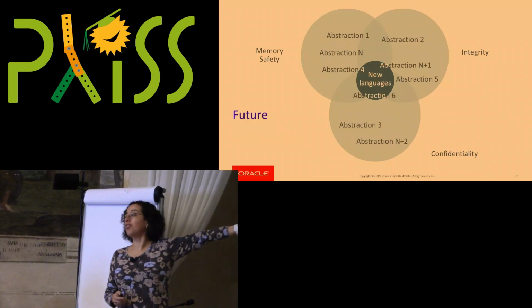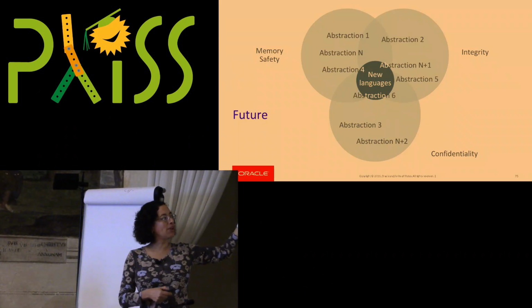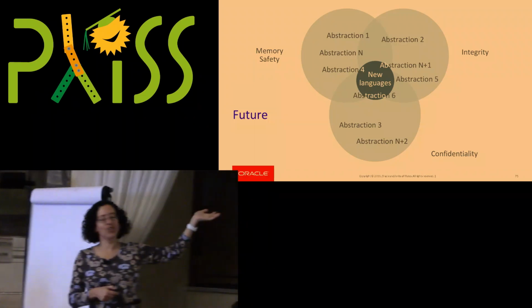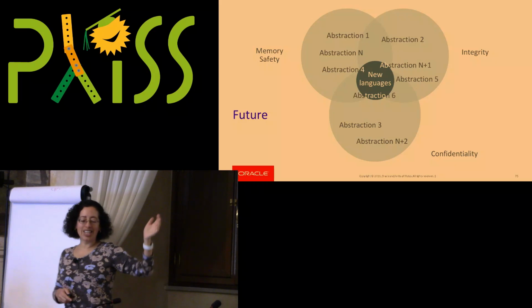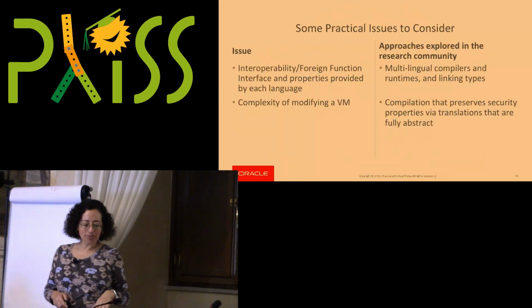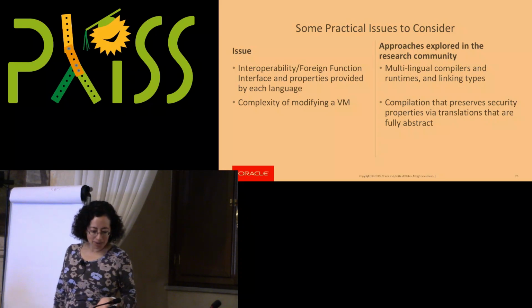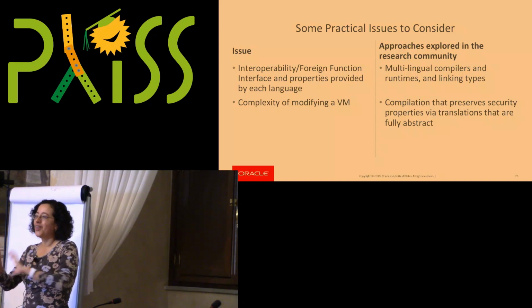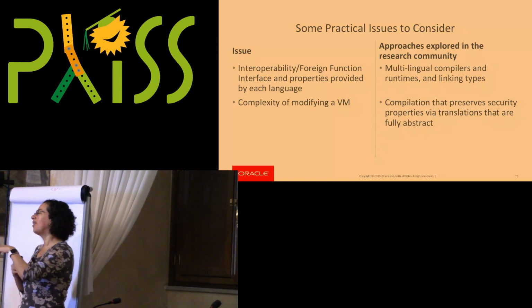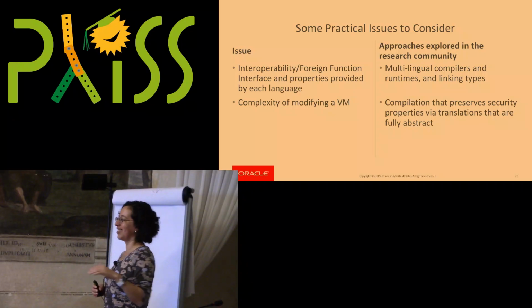Wouldn't it be great if in the future a lot of other types of abstractions were created, so that we could start thinking about what the real abstraction is that needs to exist to support our secure languages right here in the middle. And note that there are a lot of practical considerations that need to be taken into account. You can't write your code in isolation and forget about decades of work by everyone else written in other languages, right?